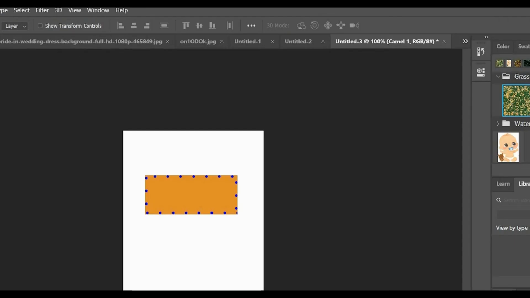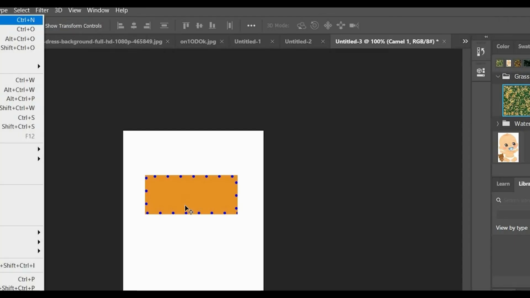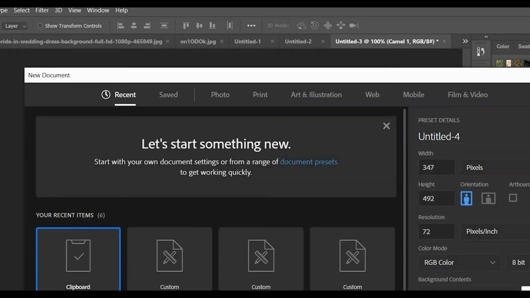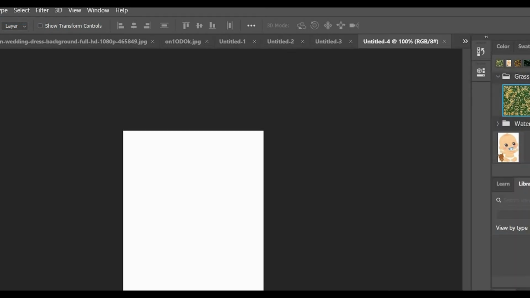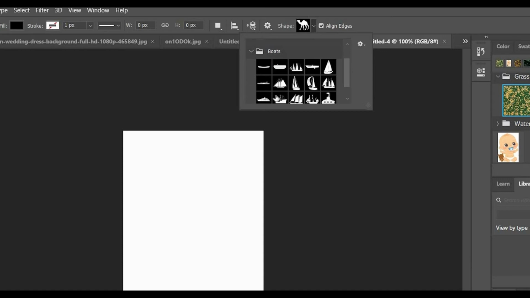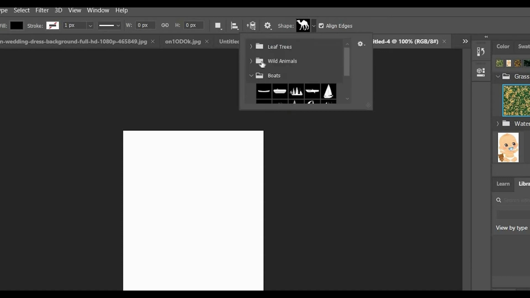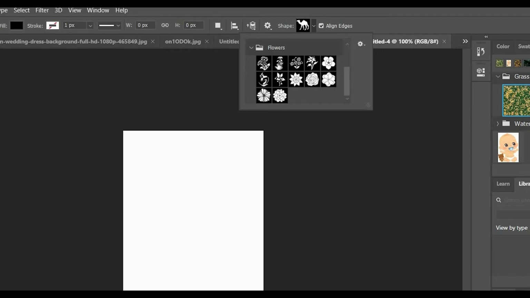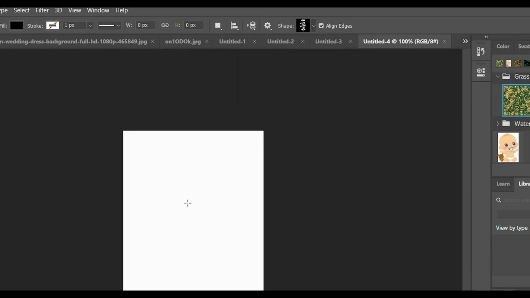Let me use multiple shapes. I am creating a new window again. Okay, long press and select the custom shapes tool. So here you can find many shapes. Okay, I am going with this.